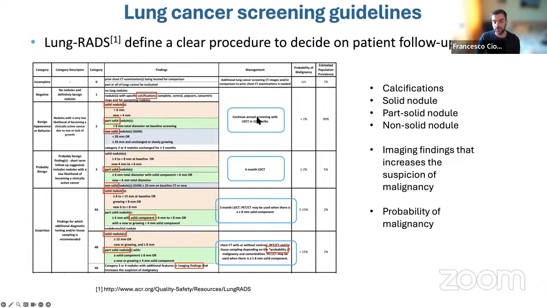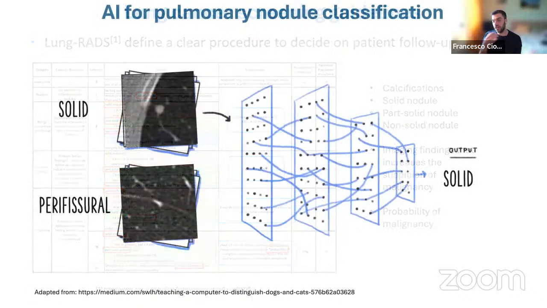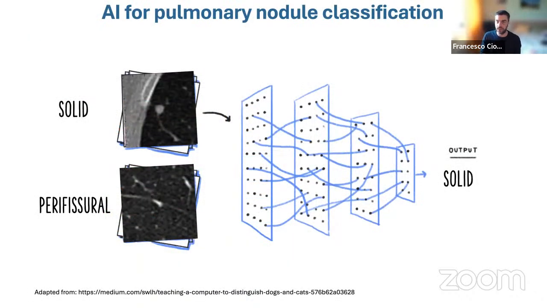And then there are a number of options, from just following up the patient in 12 months or 6 months, to doing some more clinical investigation because it's suspicious for lung cancer. And therefore, for doing this, you see they list a number of nodule types: calcified nodule, solid nodule, part-solid nodule, etc. So you need to not only detect it, but also classify it to address this task in the clinic. So you can imagine doing exactly the same: instead of just detecting the nodule, you train a system to, given a nodule, classify the class that it belongs to. So it becomes essentially a multi-class classification problem.